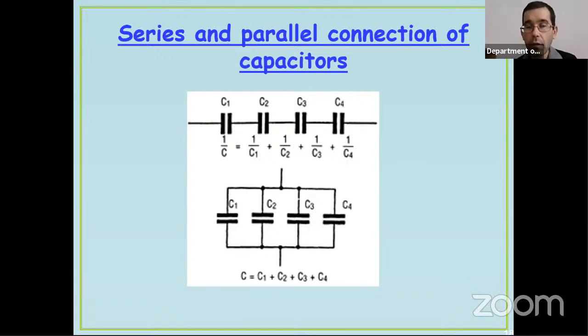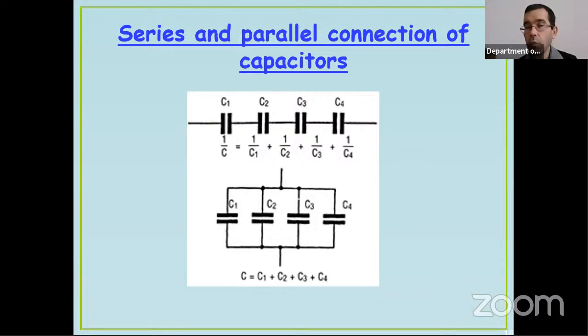It's easy to understand because this connection acts as a joining of the plates, so thereby the areas will be added, and the capacitance is directly proportional to the surface area of the capacitor plates. In case of a connection in series, we get the reciprocal of the net capacitance from the sum of the reciprocals of the individual capacitances. So it's a little bit more complicated. Here, this reciprocal law applies to the net capacitance.